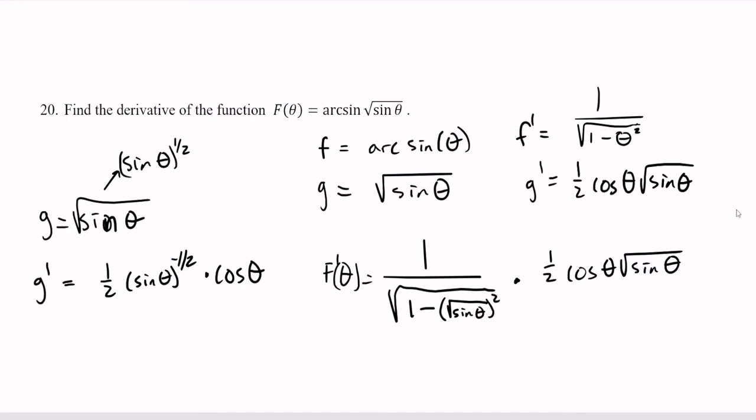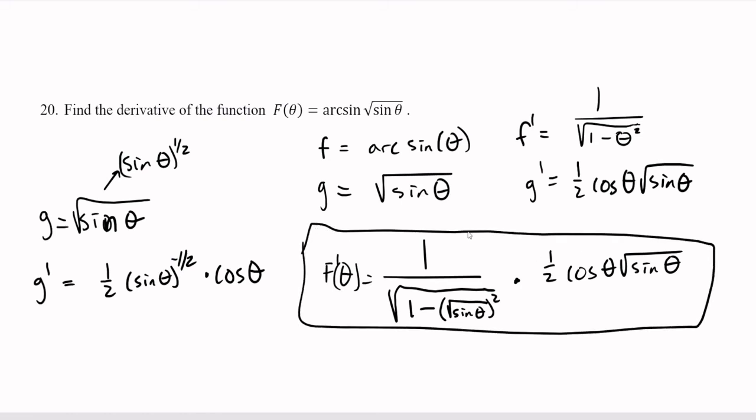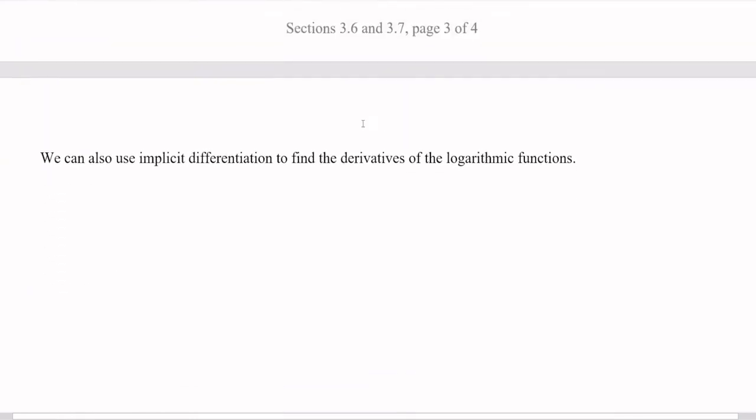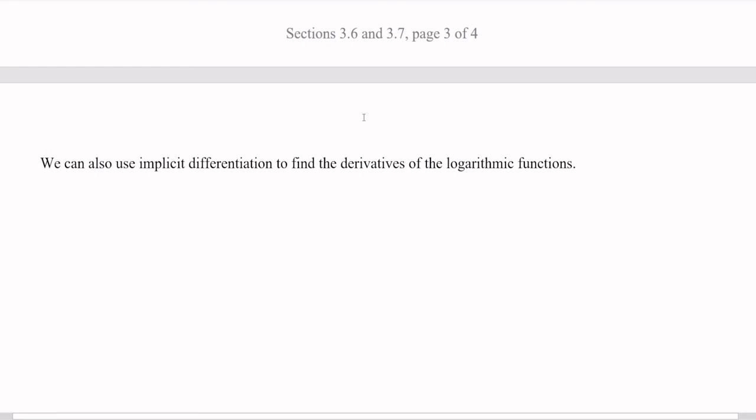Okay, so hopefully that's not too bad. Go through that, move stuff around, try to do a little simplification algebraically here, but altogether that's not too terrible. Just break it down piece by piece. You can do that. Okay, so the last thing is actually this 3.7, and this is all about log functions,